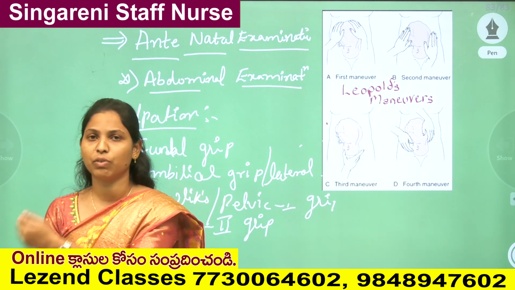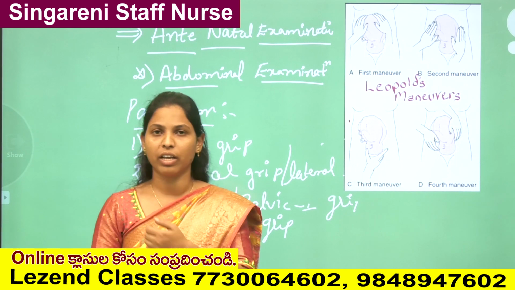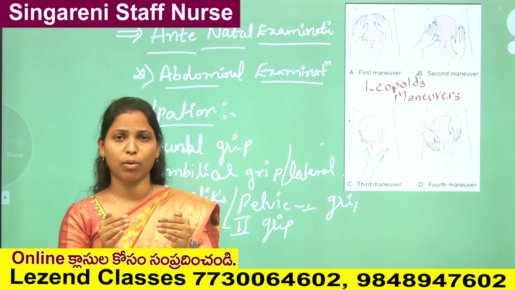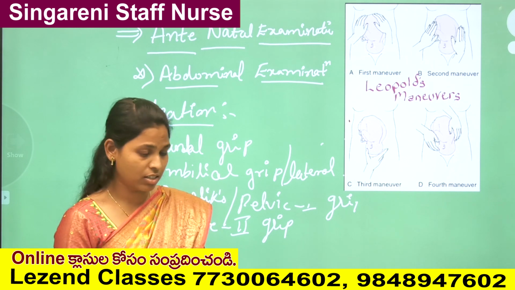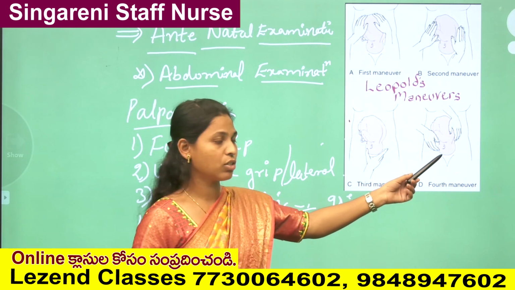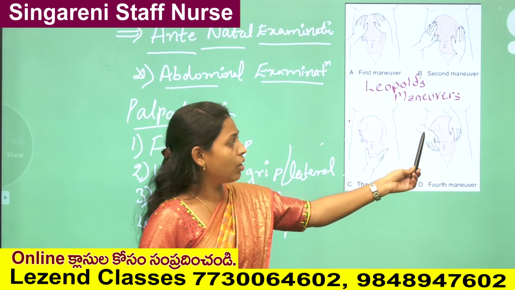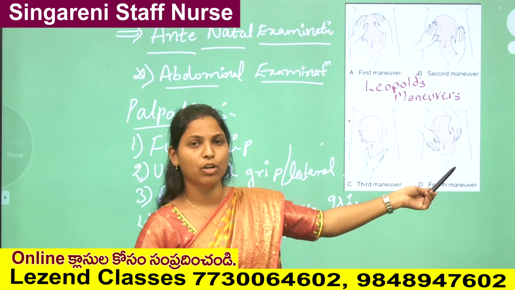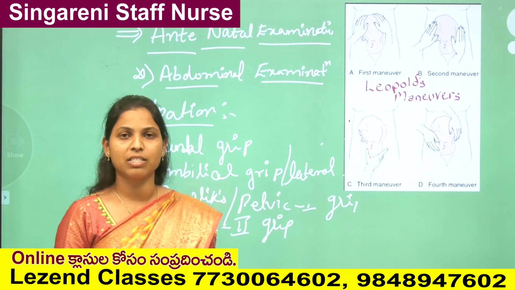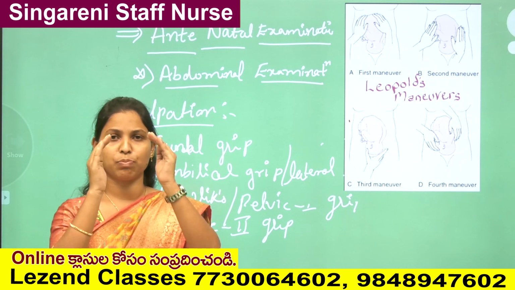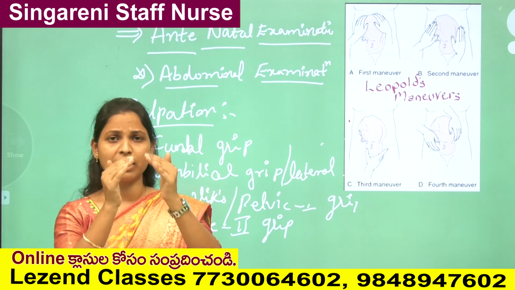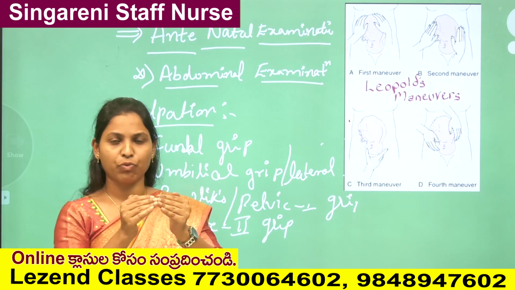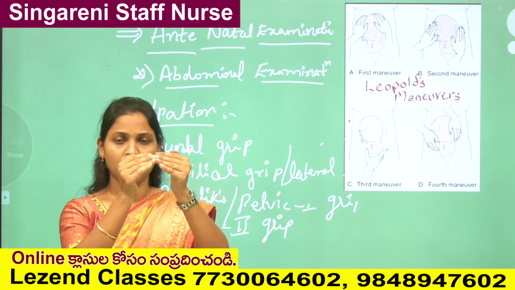When you are facing towards the feet side of the mother, put both your hands together and grasp the lower abdomen. You can see in this picture the fourth maneuver, the pelvic second grip. With both hands grasp the lower abdomen or lower segment of the mother. While grasping, give some gentle pressure, push your hands forward on the abdomen and move them downwards.